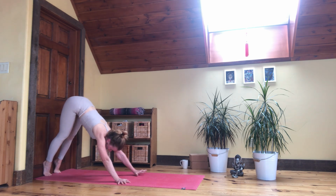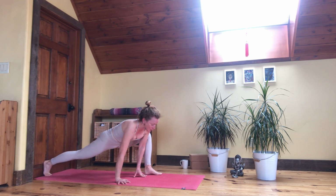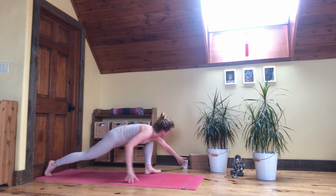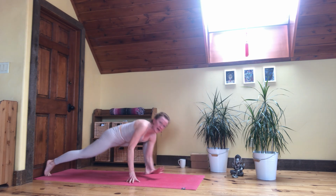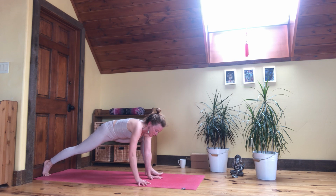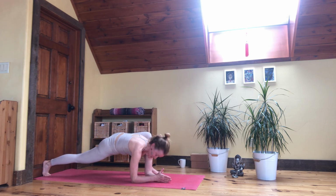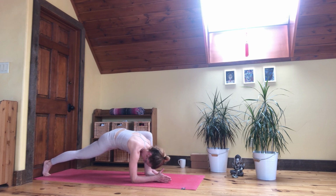Take your left foot outside your left hand. Take your hands. I think I need to clear some space. Take your either hands on the floor or forearms to blocks or forearms to the floor. Press into your right foot, into your left foot, anchor all sides. Have a nice external rotation on your left thigh, femur, plug your right femur in,